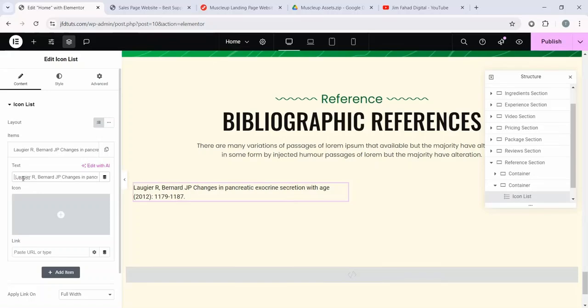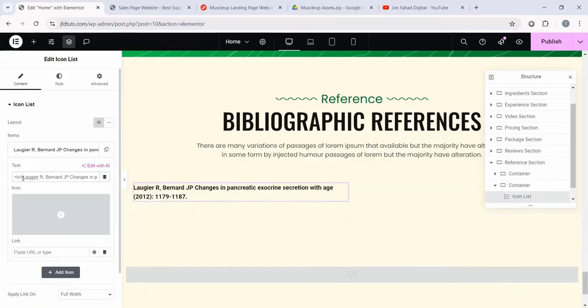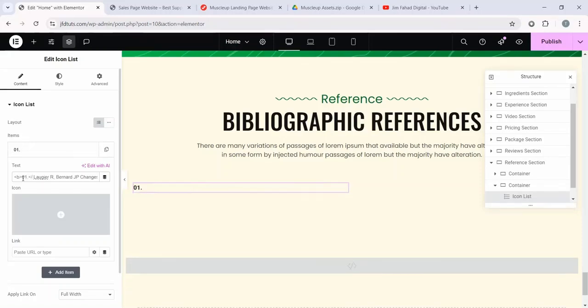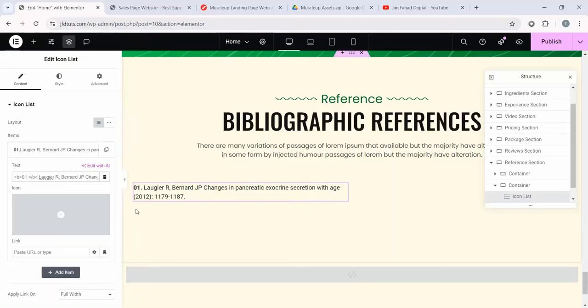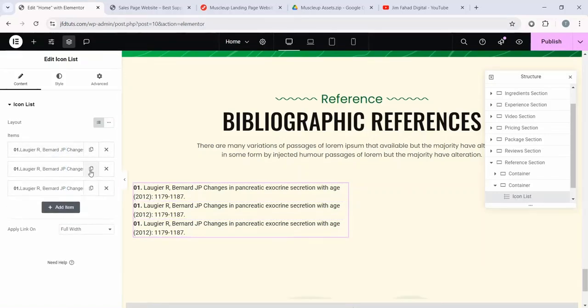Then I'm going to add a simple tag, which is less than, b, greater than. Then put the number back, then close it with less than /b greater than. And you see, only this 0, 1 dot text is bold and rest of the text is normal. Okay. Alright, so what I'm going to do is I'm going to duplicate this text and just simply